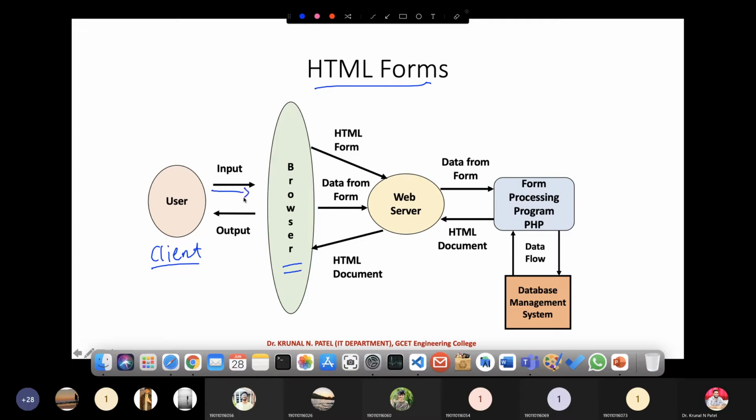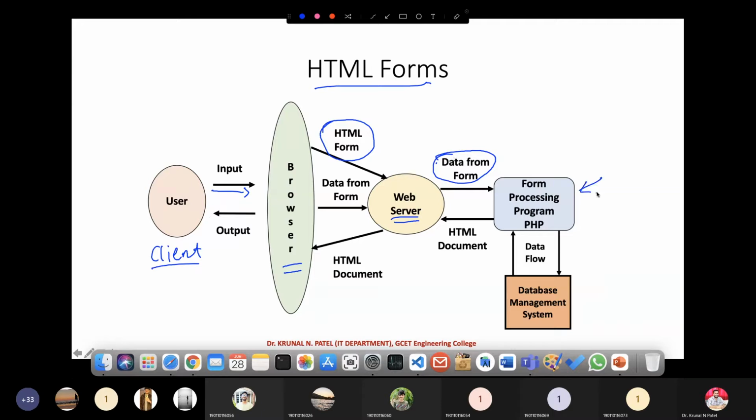The user inputs some data through the browser. After that, that data is sent to the server via an HTML form. Now this server sends this data to form processing.